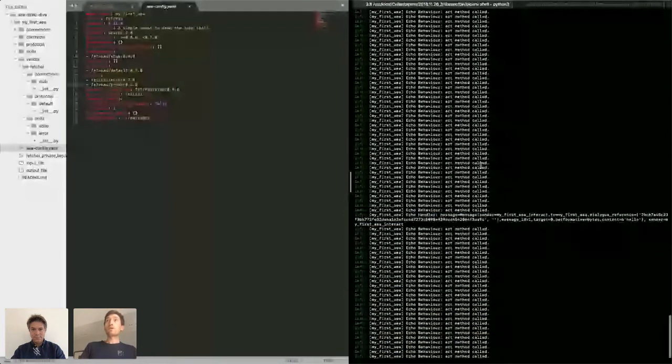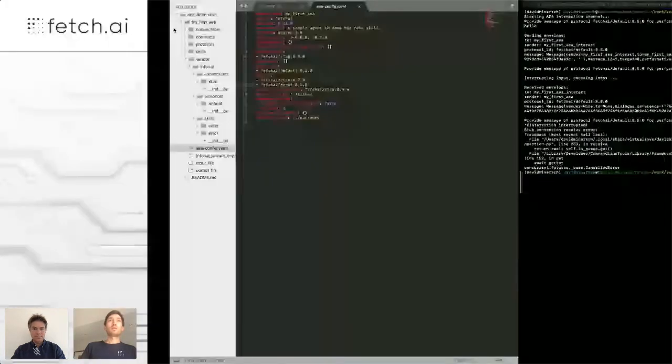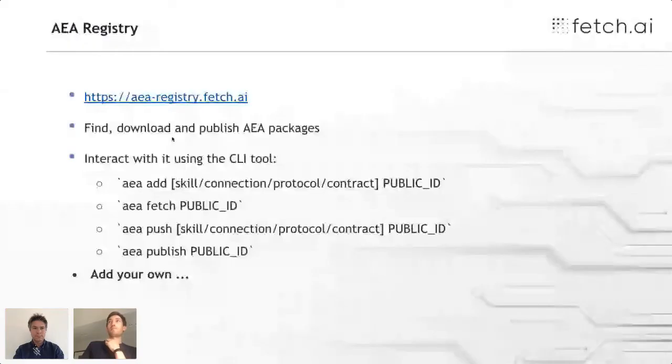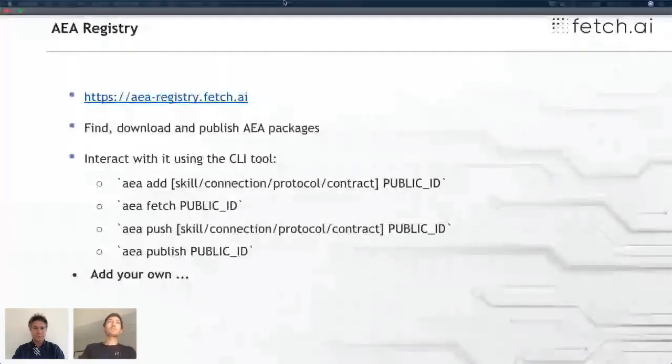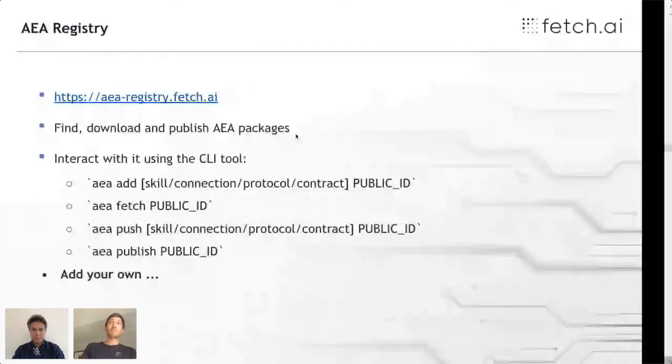So now I would like to return quickly to the discussion of the registry. So firstly, as I said, we can download, I demonstrated this, packages. We can download entire agents as well as individual components. So let me demonstrate this quickly.